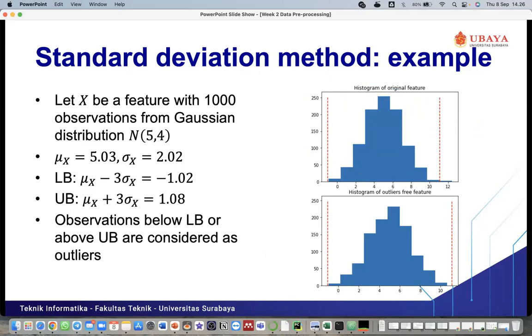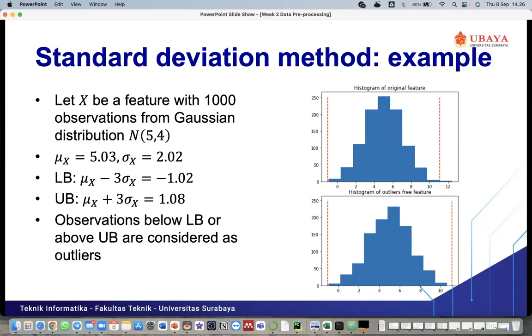So my question is, if I have a value of 1 from our sample, is it an outlier or not? We have lower bound minus 1.02 and upper bound 1.08. Is it inside the lower and upper bound or not?